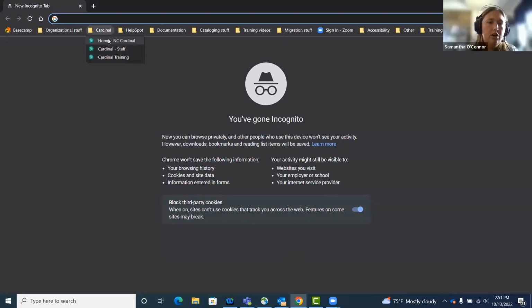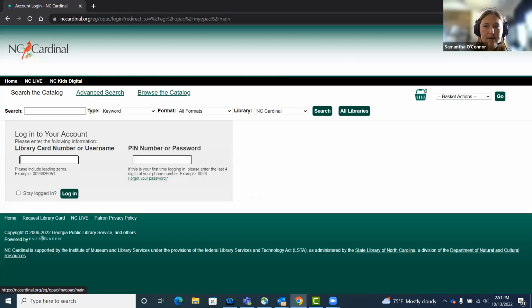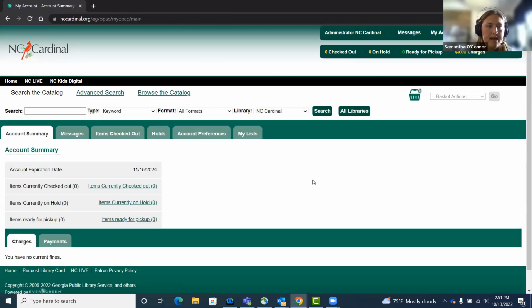So we're just going to go to the OPAC view. And I do the incognito because you have to log out of the staff browser or the staff client before you can log into the OPAC. And it's just faster for me to do this than to log out of that, log into here, log out of here, then log back into the staff client. And I'm rather lazy sometimes, so I do it this way. So I'm going to log in here. And from here,